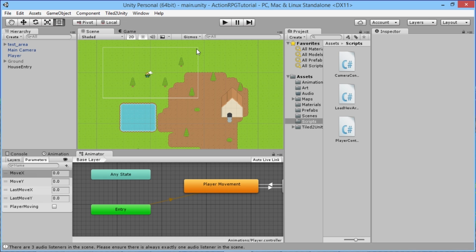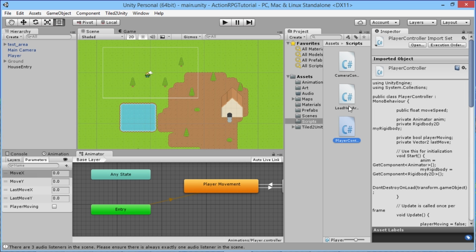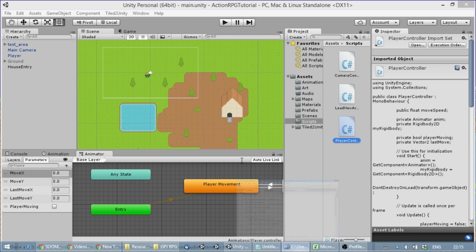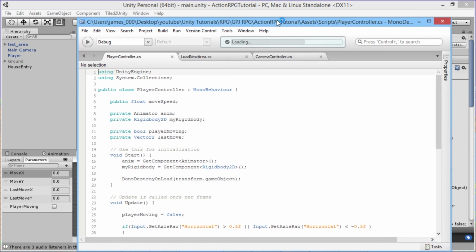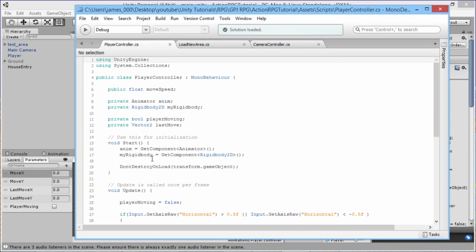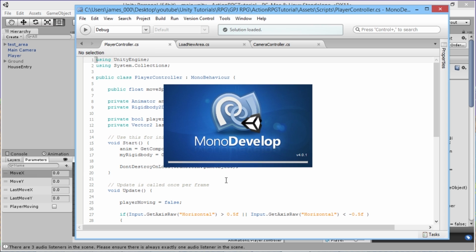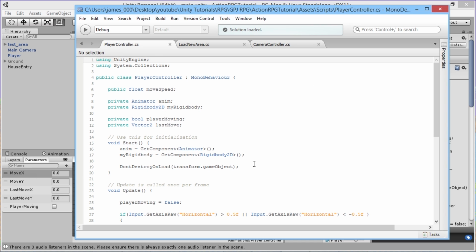So first thing we're going to do is stop the player being duplicated. So we're going to go back into our player controller script, and open that up here. Last time we added this function, don't destroy on load, which will stop it being destroyed when you load between areas. But the problem is, when we go back to the first area, the player is already there in the world. So what we need to do is add an extra little check in here, so that when we first load into a new area, we find out